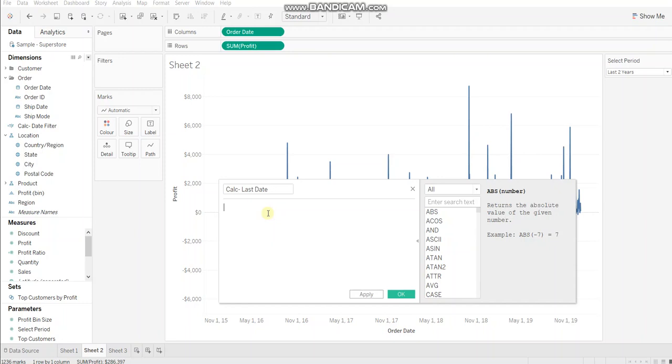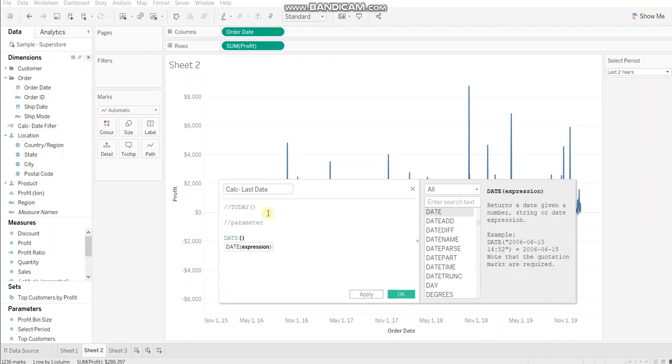For example, if you want to compute last 2 years data from today's date, in that case, your last date would be today. So in those cases, you can use today date function. If not, you can use a parameter to input date from the user, or else you can hard code the value. Usually we don't hard code the values, so you can omit this, but for practice purpose it's absolutely fine.